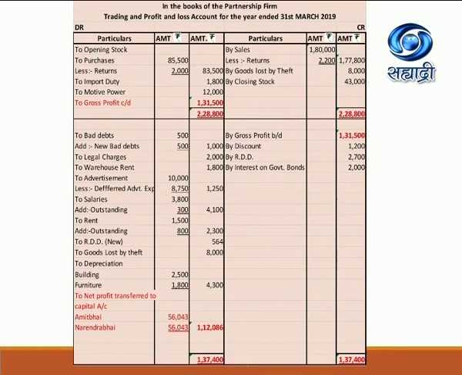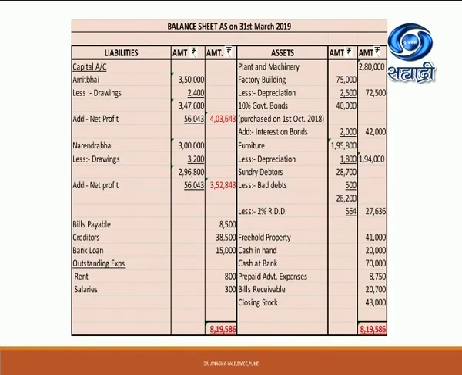Once it is done, then first will be closing trading account. In trading account, we find that credit side is higher, so we are getting balancing amount on debit side, that is of the gross profit. So gross profit is 1,31,500, which is transferred in P&L account on credit side, and then net profit we are calculating, that is 1,12,086, which will get transferred to balance sheet, and finally balance sheet should tally. So here we finish problem number 1.